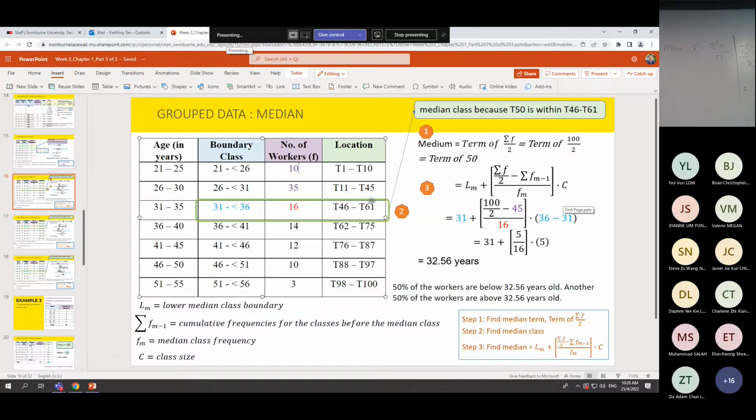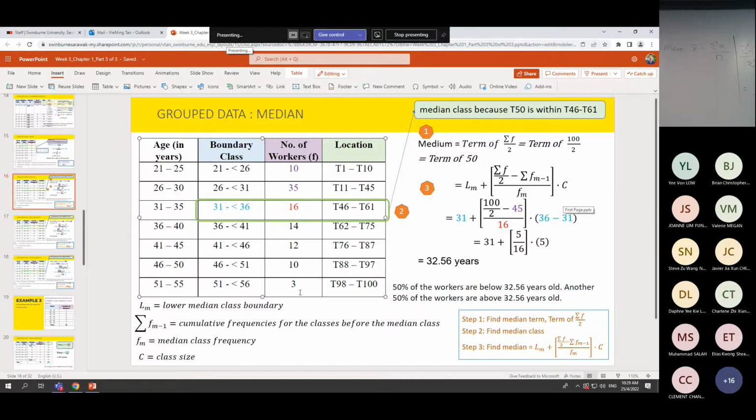Okay. The next class is from T62 until which term? Until 75. How to get 75? That is 61 plus 14. 61 plus 14, you'll get 75. Or you can use 14 plus 16 plus 35 plus 10, equal to 75. The next class should start from T76 until 87. How to get 87? That is 75 plus 12. You'll get 87. The next class is T88 to which term? 87 plus 10 is equal to 97. So there are 10 terms for this class, 88 until